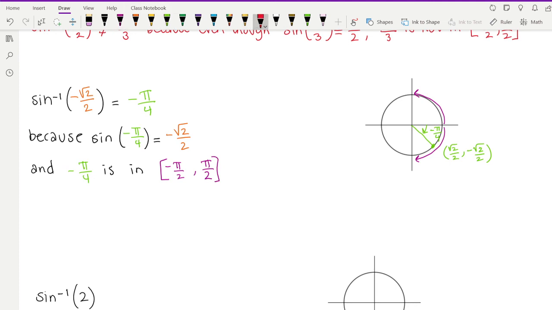Just to write down what I said earlier, you might think, why can't I just measure it this way? It's the same angle, but it's not the same angle. Negative pi over 4 is not the same angle as measuring this way. That would be 7 pi over 4. They're coterminal angles, but they're not actually the same. So even though it's tempting to say that inverse sine of negative root 2 over 2 looks like it could be equal to 7 pi over 4,